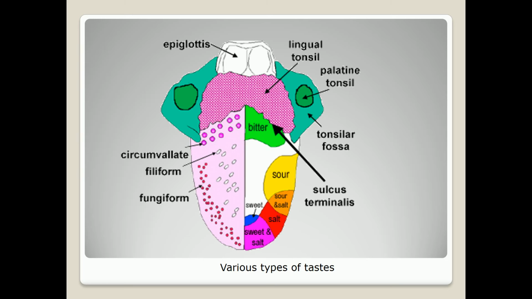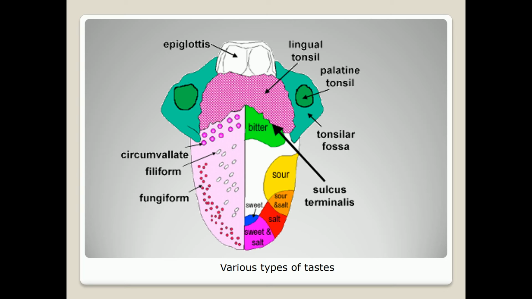taste is by the facial nerve with special visceral afferent fibers. Sensation is by the lingual branch of the mandibular, that is, the trigeminal. Then the posterior 1/3, taste and sensation, is by the glossopharyngeal nerve. This is a mixed type of nerve. And the base of the tongue, taste and sensation, is by the internal branch of the superior laryngeal nerve.